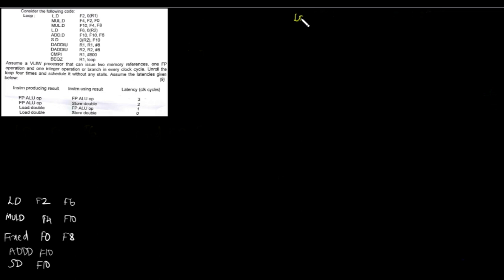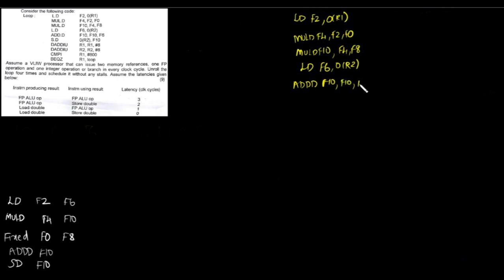For the first unroll, we'll just blindly write it as whatever is given in the question. So load F2, 0 of R1, then multiply F4, F2, F0, then another multiply F10, F4, F8. Then we have a load D, which is F6, 0 of R2, add D, F10, F10, F6. Then we have a store